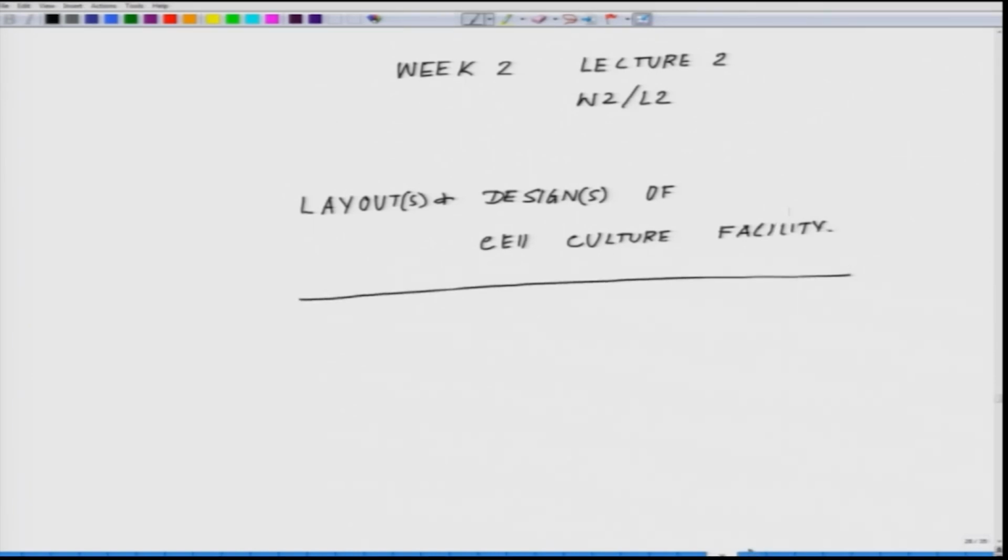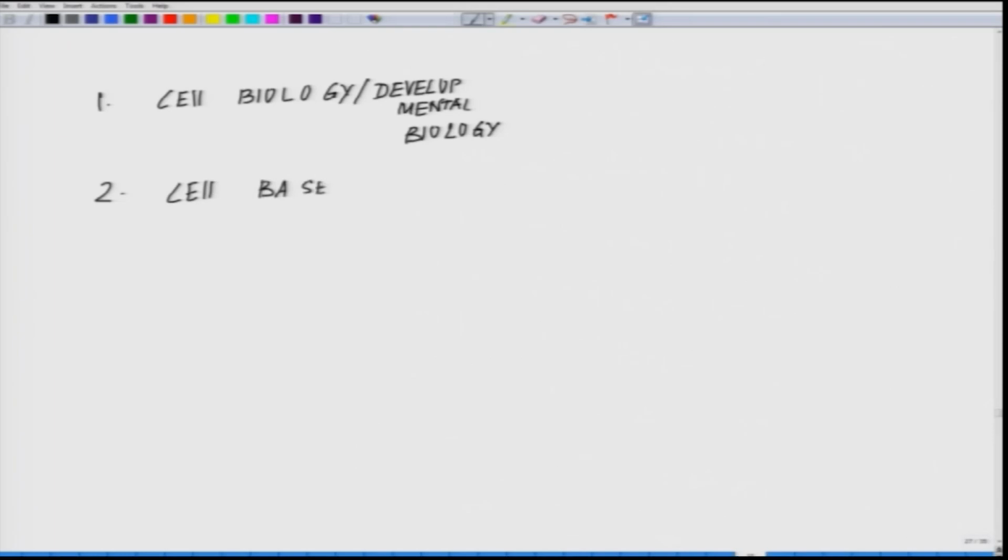So, now I told you that there are different kinds of facilities. Say for example, what are the major kinds of objectives? One we talked about: a cell biology lab, or a developmental biology lab, that wants to have a facility. I will come later to what the specifications are. Say for example, a lab working on cell based biosensors,